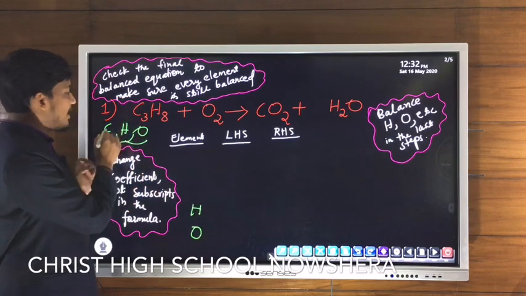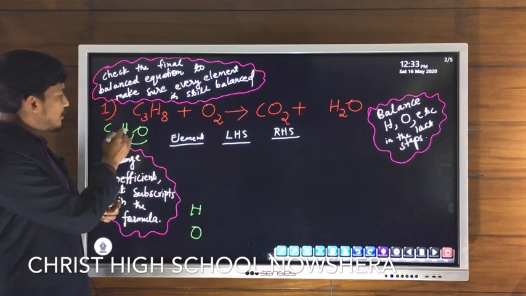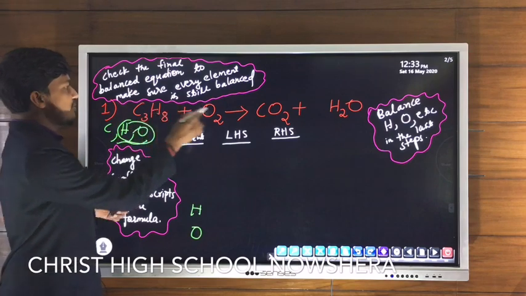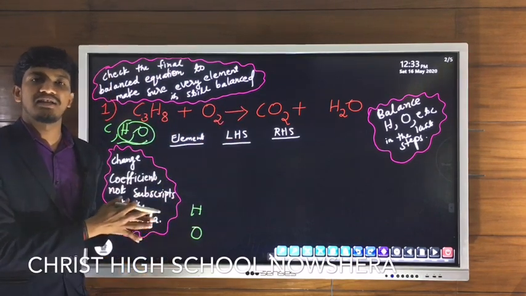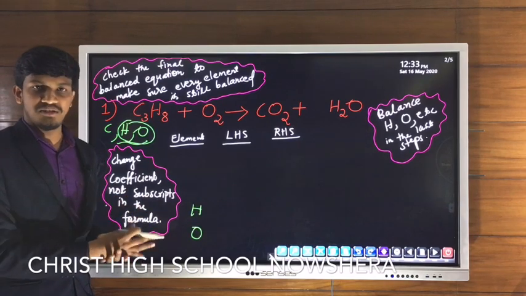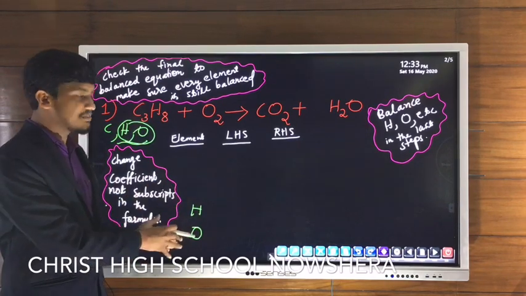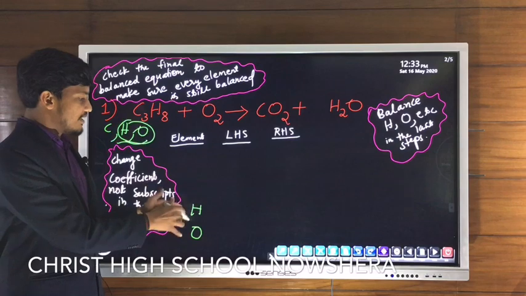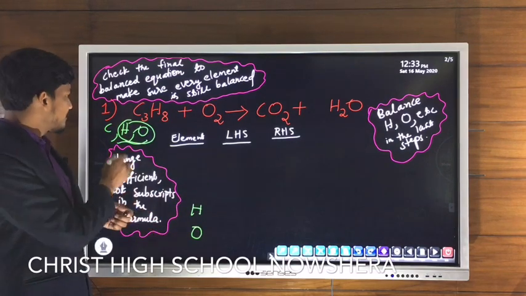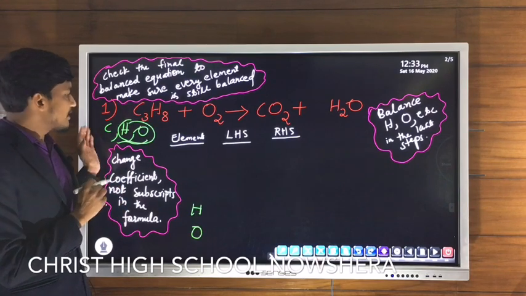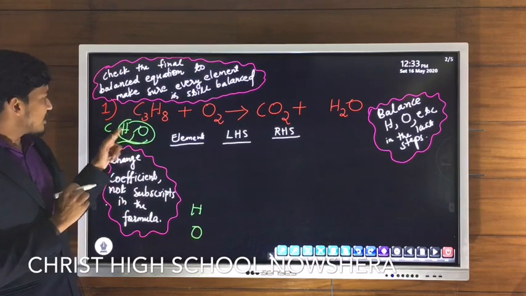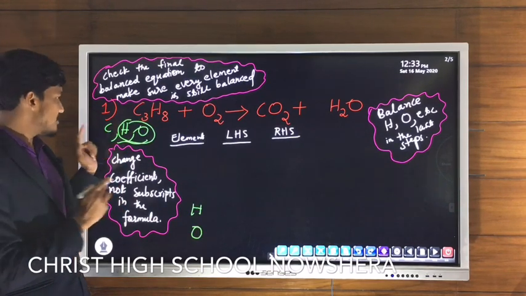So here we have only three elements C, H, O. If there are H and O in the equation, we will write them last. That is, we will balance H and O, hydrogen and oxygen, in the last step. So we have to write them in the last steps of this balance. Other than these elements, if there is any other, we can write them first. So other than H and O, we have here only one left, which is carbon.